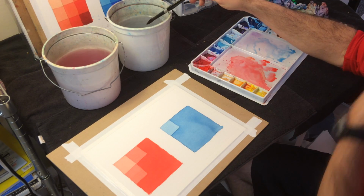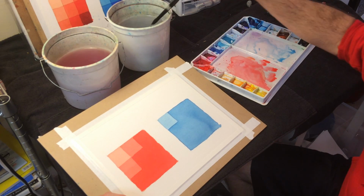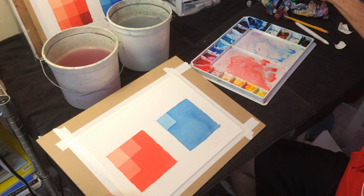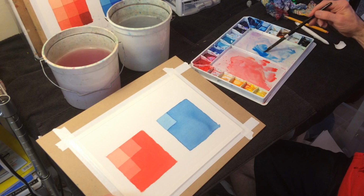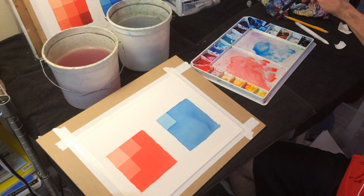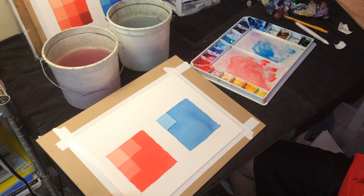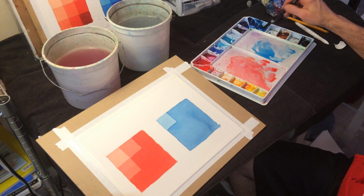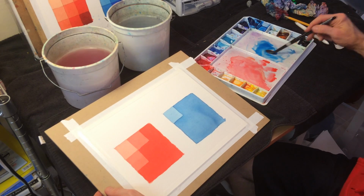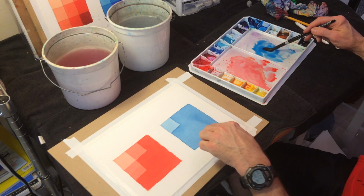I could have tried to fuss with it because technically it was slightly damp, and I said as long as it's still at least somewhat damp, you can go back in. I was ready to let go and know that one of the reasons I start light is so I can deal with just such a situation. So what I'm going to do is keep moving forward, and we'll see how, because I'm going light to dark,